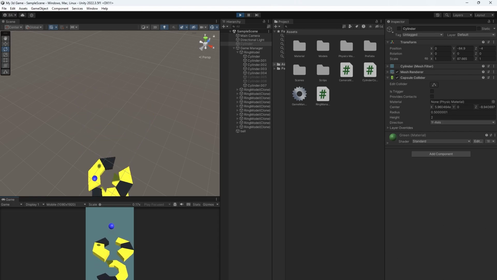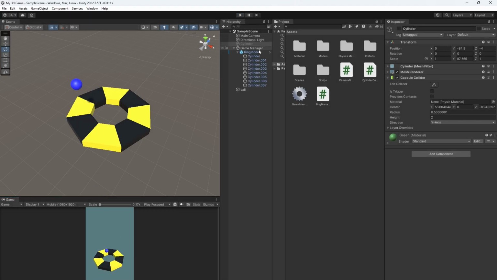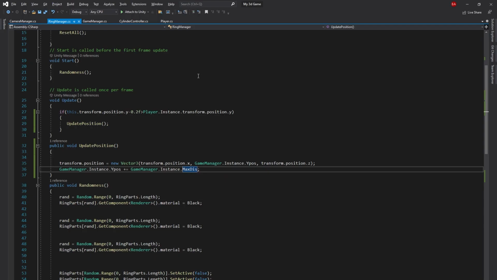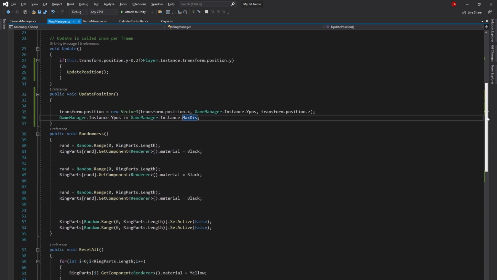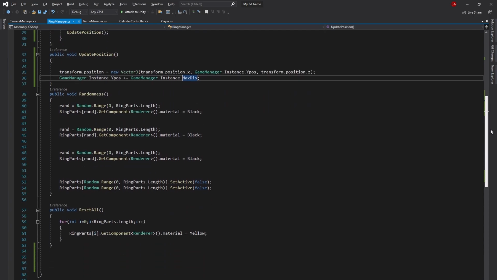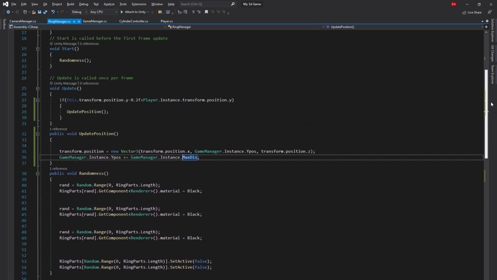Okay, now it is working. So what I'm trying to say is that when we are updating the position, we need to update the randomness, and we should reset it as well and give it a randomness again. So what I will do, I will simply go to the update position. First of all, I will call reset position, reset all,